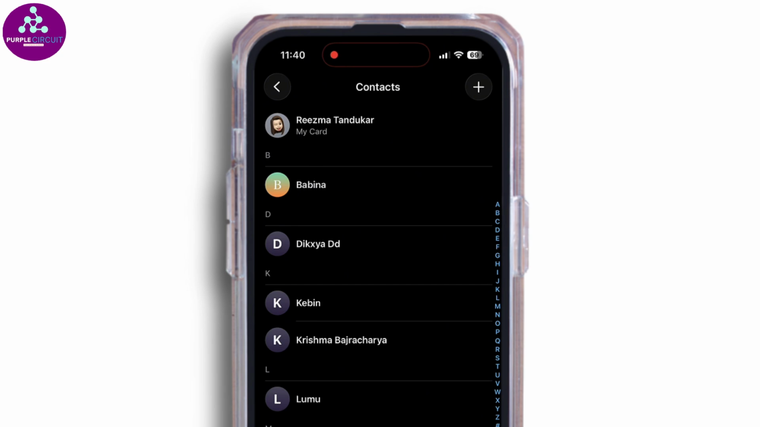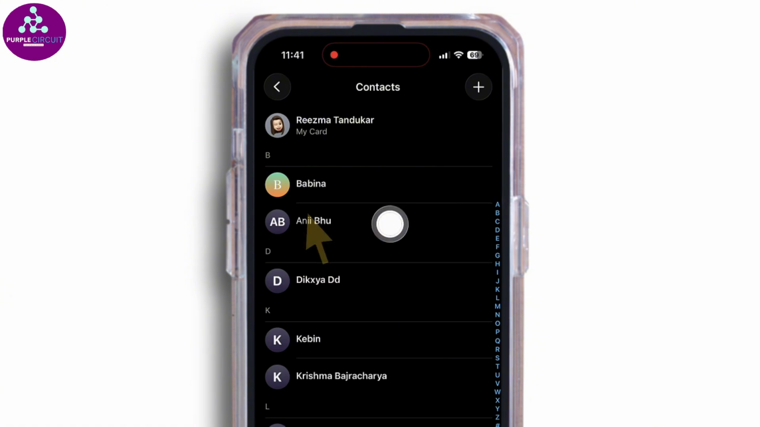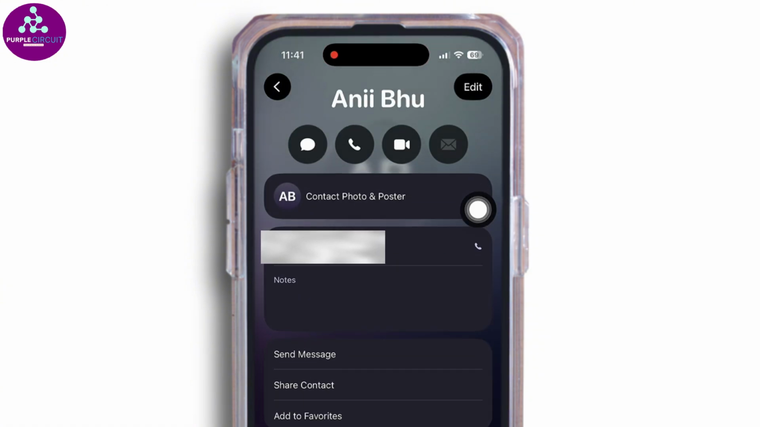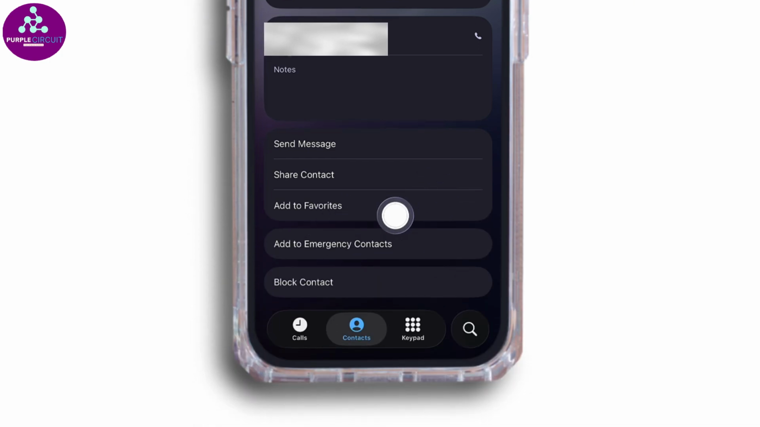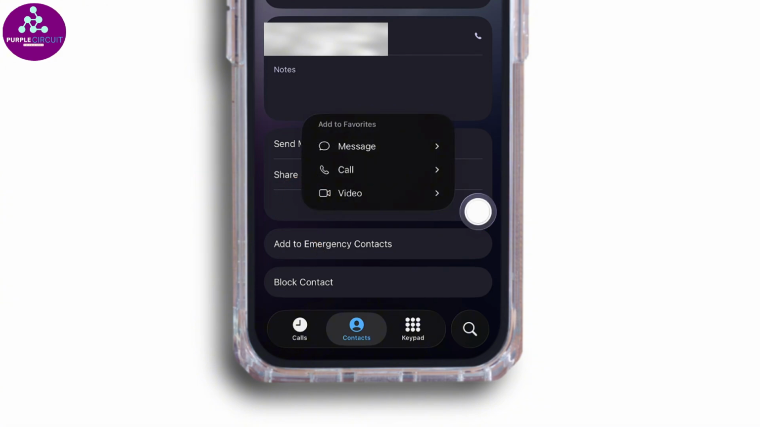Browse through your contact list or use the search bar to find the person you want to add to your favorites. Once you find it, click on the contact name. Now scroll down, you're going to find the option of Add to Favorites. Click on that. Depending on the contact information available, you can choose options such as call, message, video, or other